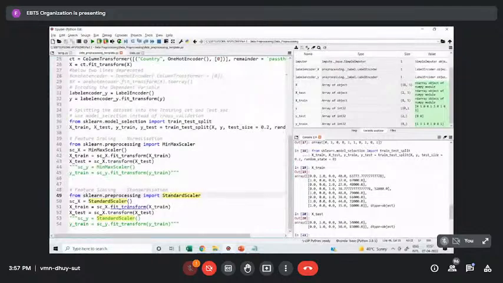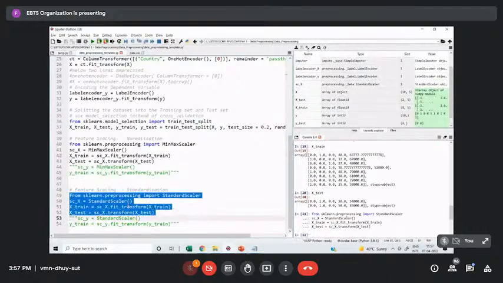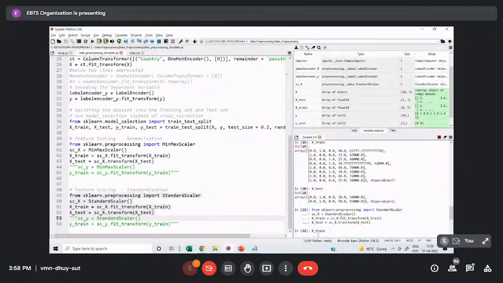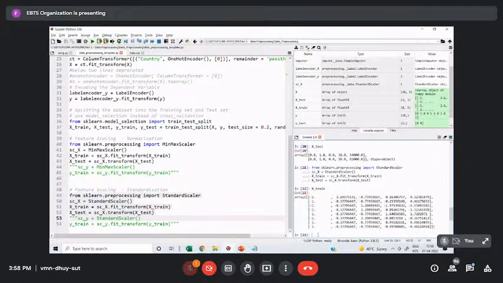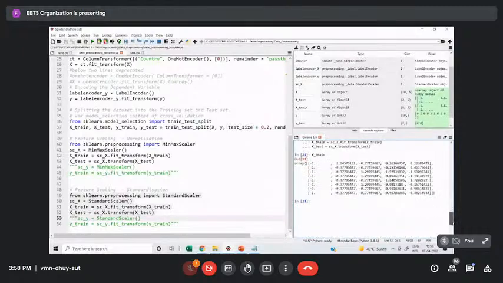So I'm using standard scalar on both x train and x test. Now see the values after I run this. If I see x train, the values have now become 2.64, minus 0.774, 0.263, 0.12. See, the values are scaled down. What was earlier in x train is this, and after scaling down, it becomes like this.